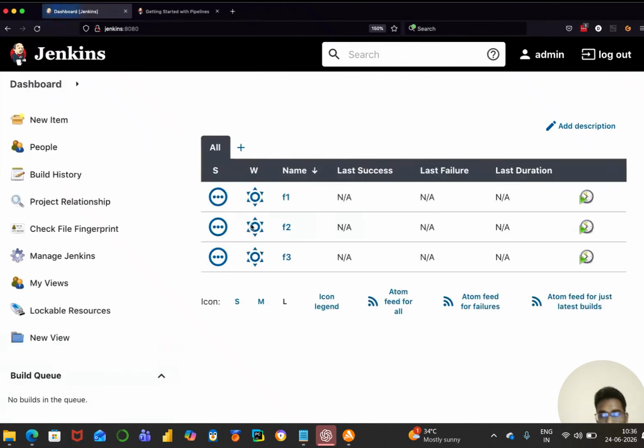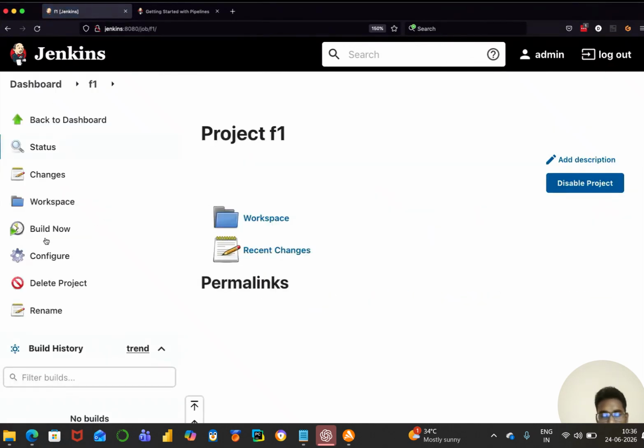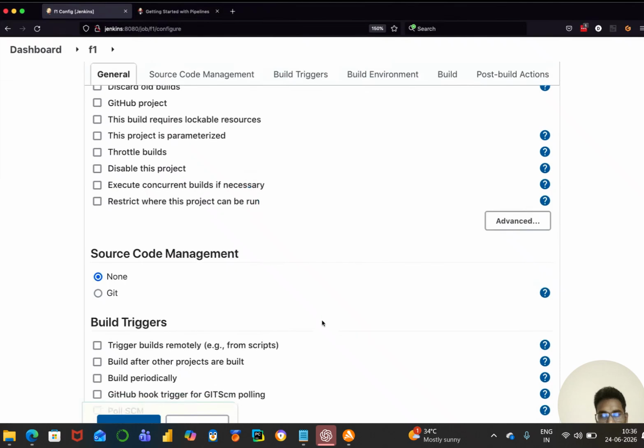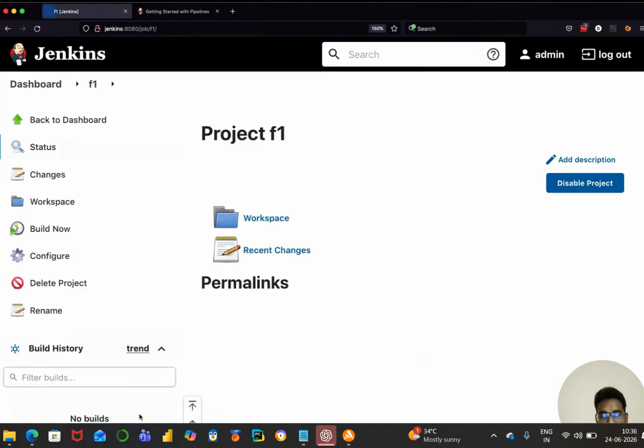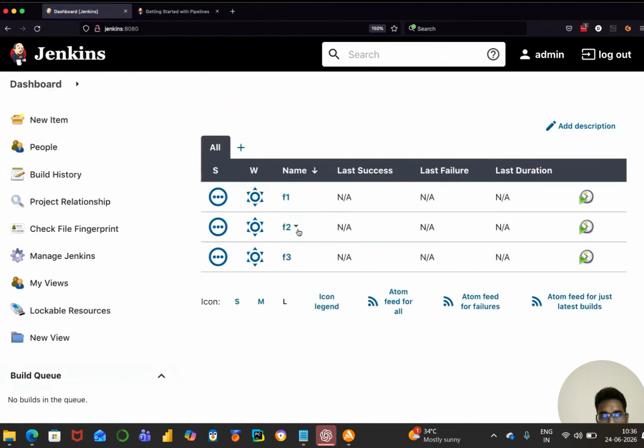Now I want to go back and verify my F1 here real quick and make sure that everything is set up correctly. And what we're doing is echo hello 1. Yes, I did forget to put quotes around that. Not a big deal, but we'll save it. Now what I want to do is link these 3 together. And the way that I need to do that is I need to go over to F2, and I'm going